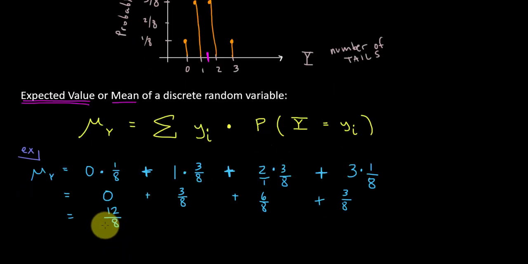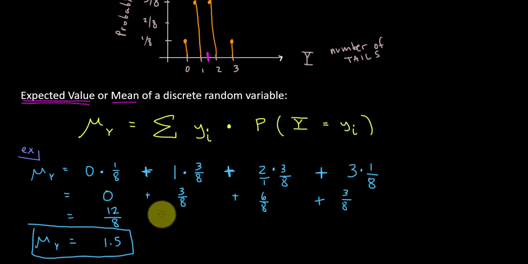Do you see it? 12 eighths is another way of saying 1 1/2. So we did it. Our hard work corresponded with our intuition up here. So this would be the expected number of tails